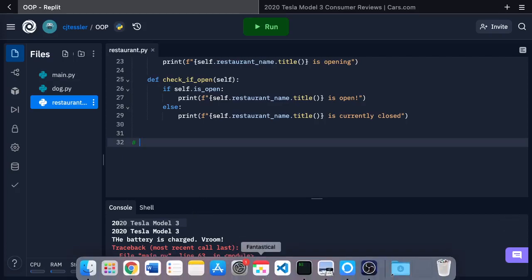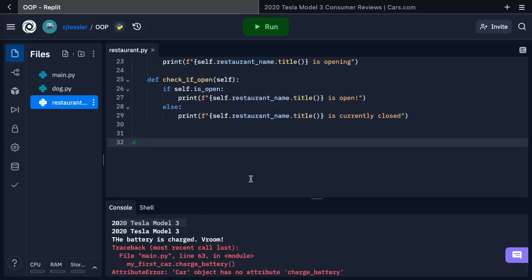Okay, this is long, so let me just pull it up. But you're going to write a child class called Ice Cream Shop. So let me go ahead and get it started, and I'll pull up the full exercise. So write a class called Ice Cream Stand that inherits from our restaurant class from above. So restaurant,